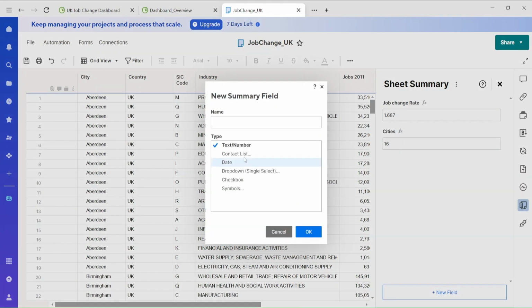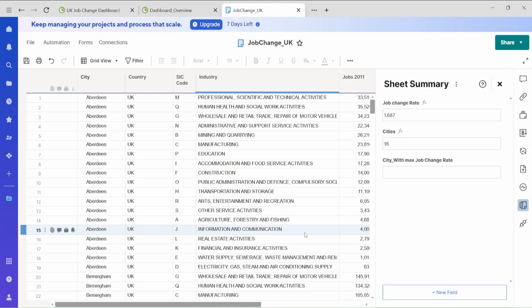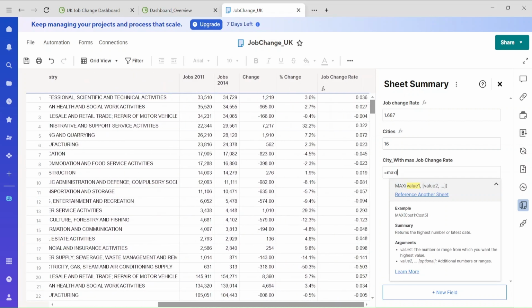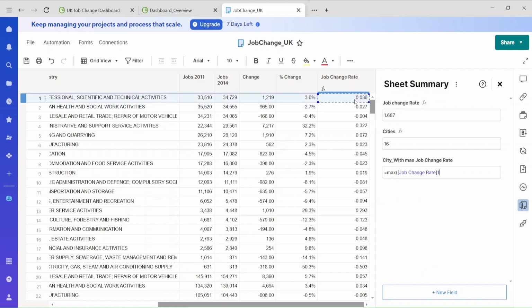Now create another field and let's go a little bit harder equation. Okay, so let's say we would like to know change rate and press OK. Now here you would like to know the city with max job change rate. So first you need to know what's the max number, right? So equals and max. I'm going backward. Okay, this is a complicated equation, so I'm just selecting this cell, and obviously we are looking for this number